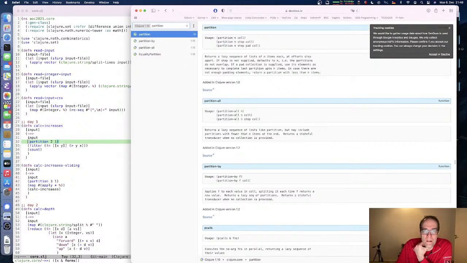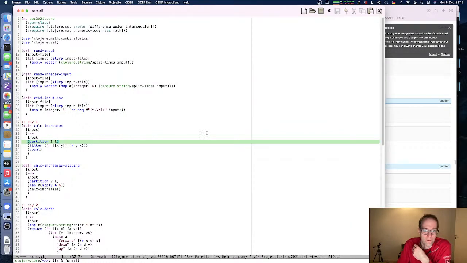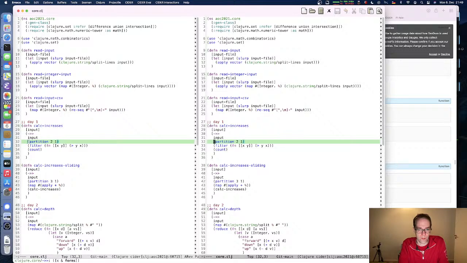Partition, yeah, we have those two things here. Returns a lazy sequence of lists of n items each, so we get 2 items each, so the first and the second and the third, because we chose step 1 on this collection. I can run this in the REPL